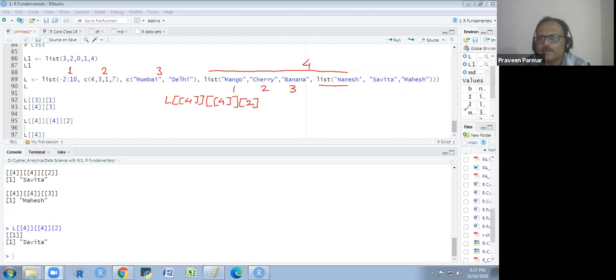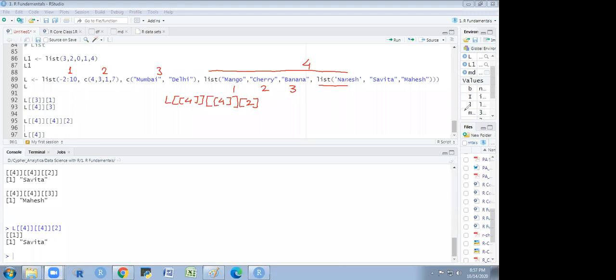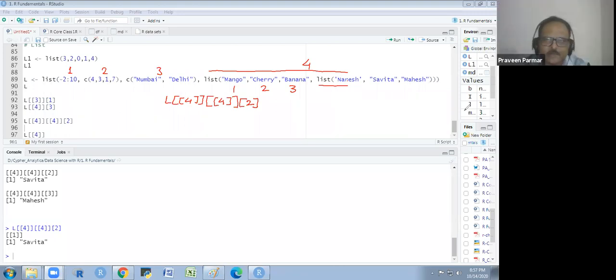Okay. Fidelma, have you got it now? Yeah. So a sublist we write in double brackets and elements we write in single brackets. Elements always in a single bracket. Okay. The final destination is the element, so always write the element in the single bracket. Okay. Does that make sense to everyone?